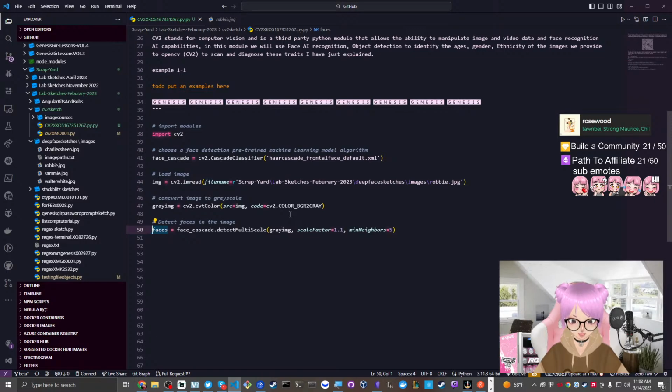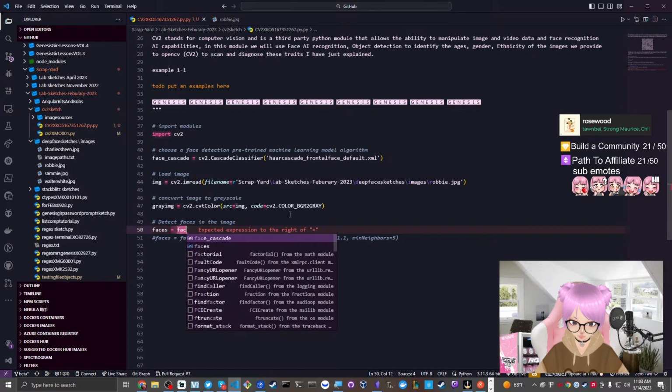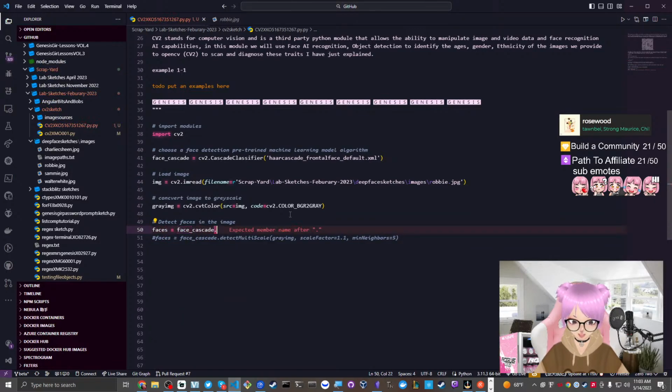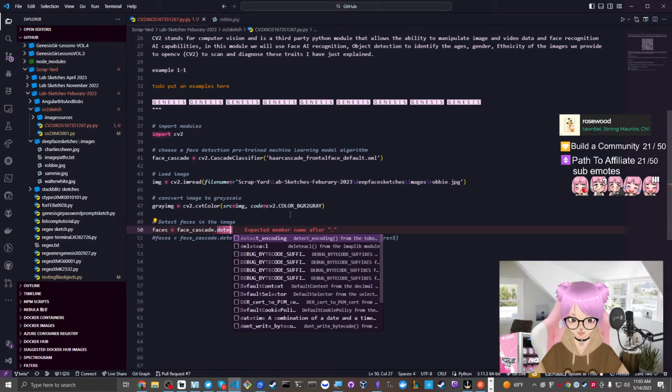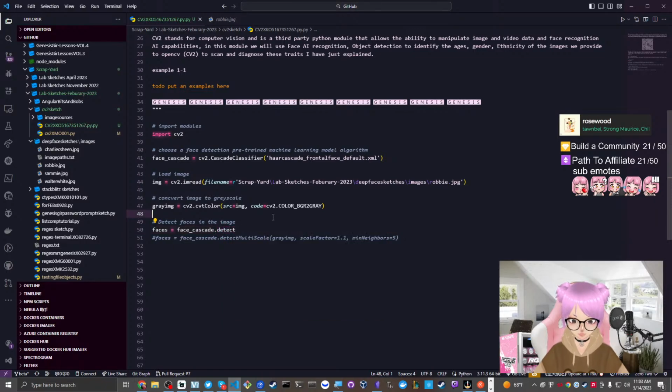We're going to comment this out and we're going to try writing it ourselves, okay? It's equal to face underscore cascade dot detect multi-scale. I don't even know. We'll see if that even works. We'll see. Yeah, we'll see if this works real quick. Next,